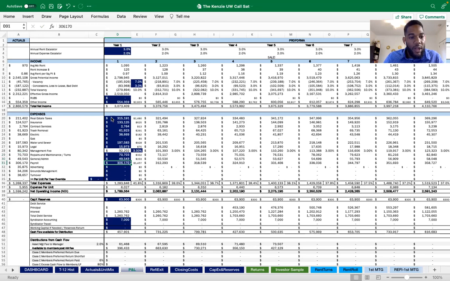So let's see our per unit cost for payroll, guys. $1,437. Do you guys think that's a pretty... What do you think as far as payroll? You think that's expensive? You think that's cheap? What are you guys thinking as far as payroll on this overall? So that's a per door price.